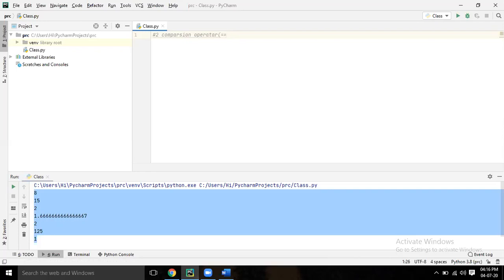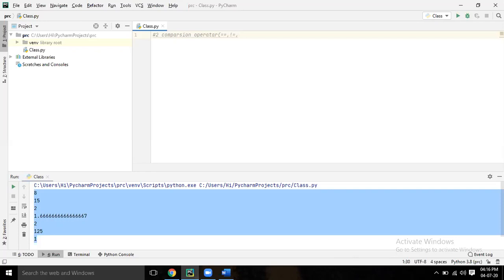Comma, not equal to, which means shift 1 and equal to, this is called not equal to.